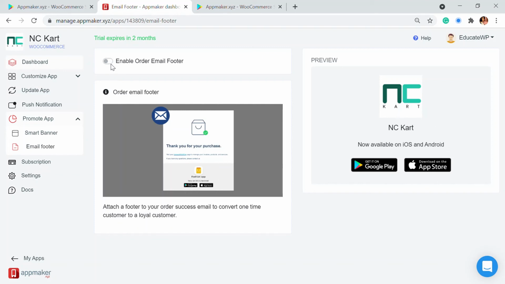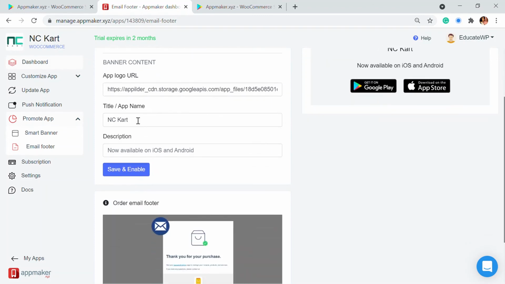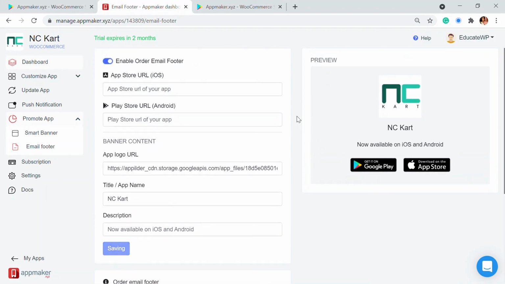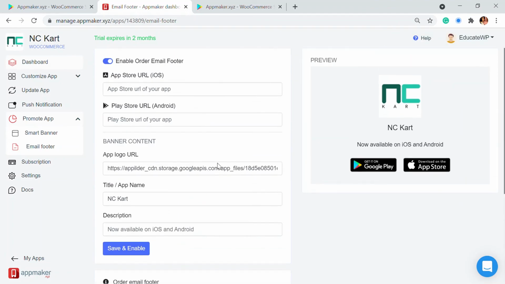You can again enable it and add a Play Store and App Store option, and also the description and title. Then you just save and enable. So all the footer emails, all the confirmation mails, everything will have the link that directs towards the Play Store or the App Store.